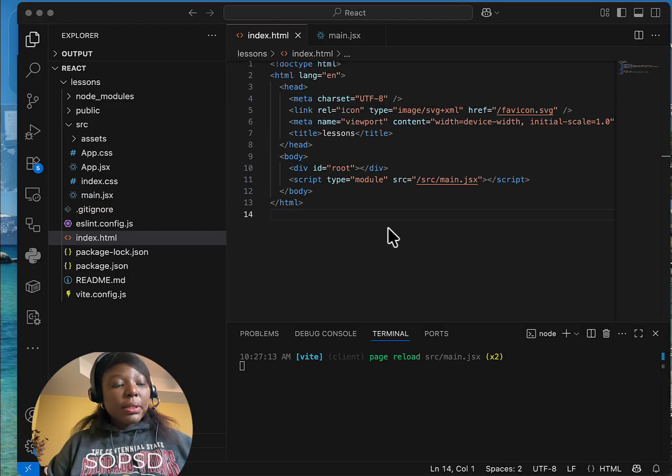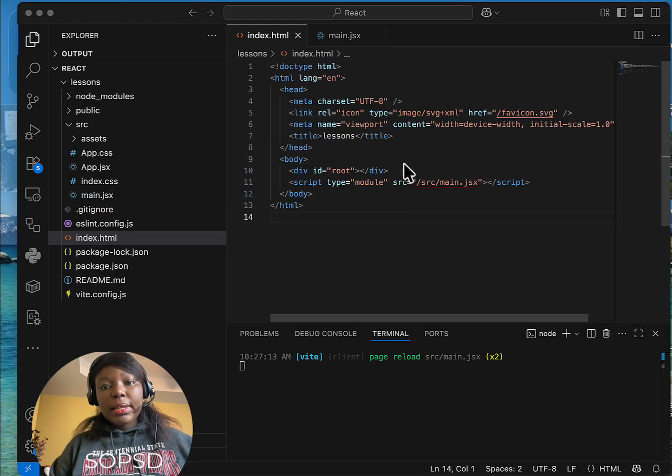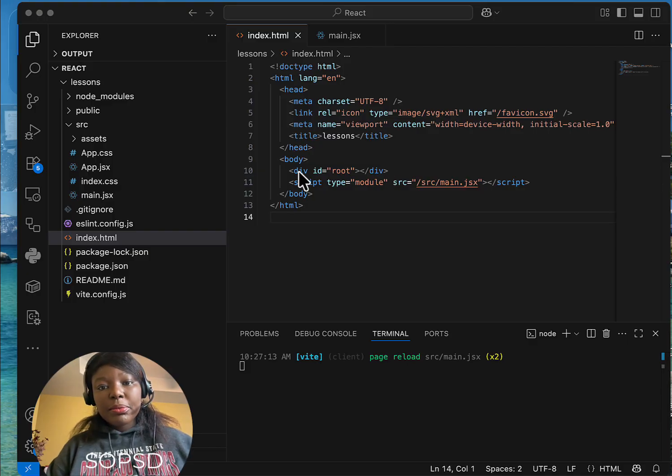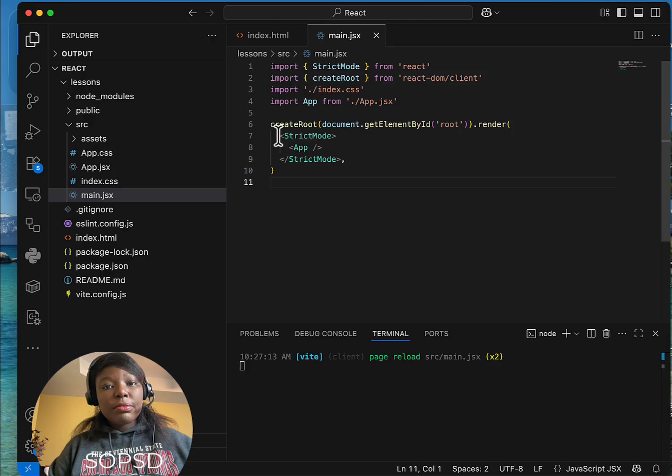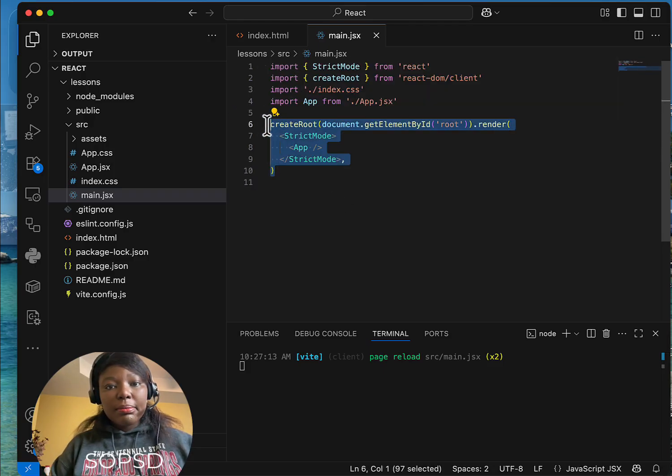Alright, so now we'll go to this index page. We can see that we have a div tag with an ID of root, and we remember that we want to return one parent element, and if we have multiple, we want to wrap them with a div. So we'll put everything within this div tag here if we have multiple elements, but we have this with the ID of root. Now we want to write to this, and what we have so far is this. So let's say I delete this, or let me comment it out so we can make reference to it later,